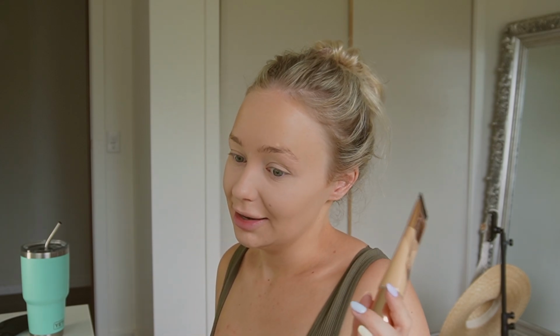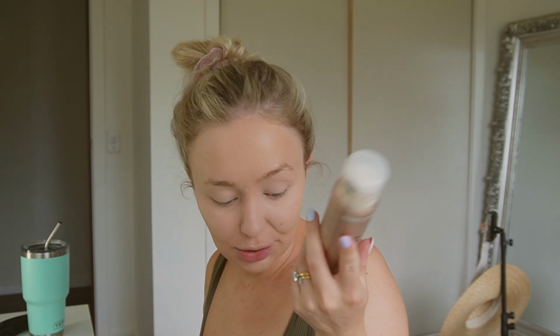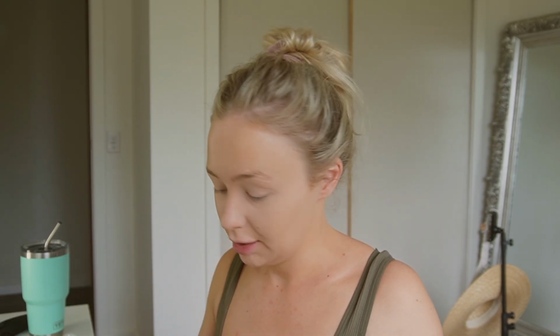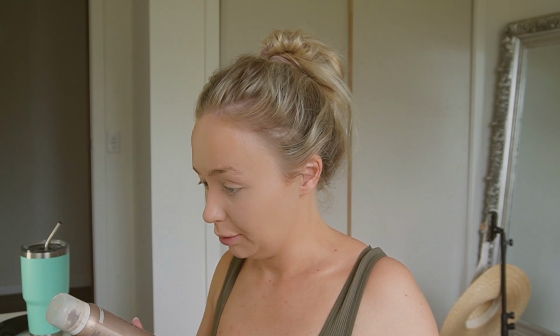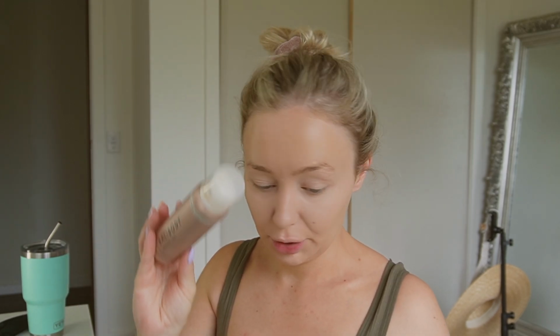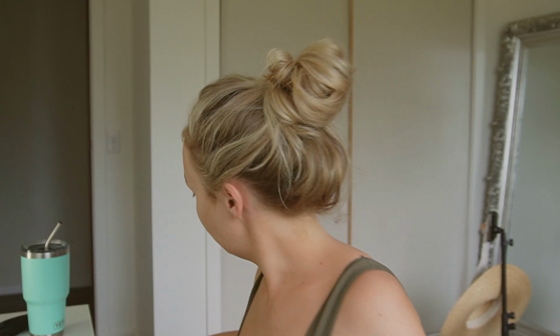So, little life hack, if you're like me and come this time of year, the only thing that is really out is your hands and your chest. I really like using any sort of spray on instant tan. One that I love and have been using for a really long time is this one from Bali Body, and I just use a humongous brush to blend it out. And then another one